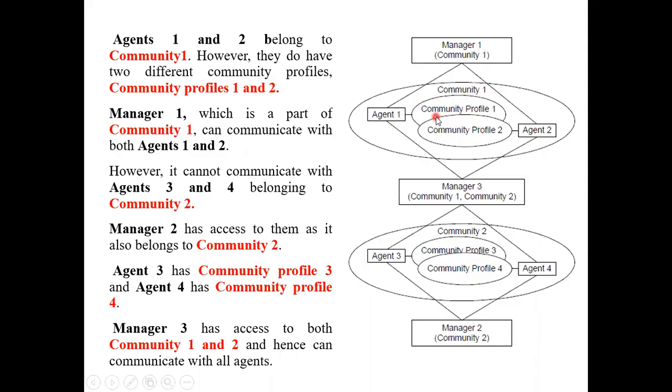Okay, so suppose this is my Kurla region where this network is. So this agent is handling that particular domain. Remember we had seen the perspective of network management. If I am handling a particular domain, for me it is network management. Similarly, this agent too might take the Ghatkopar area data. He is handling all the elements or network components belonging to Ghatkopar area. So there will be a community profile.